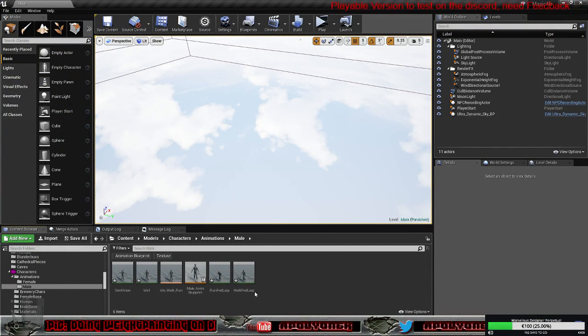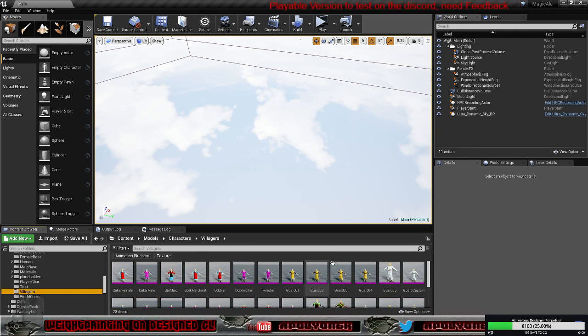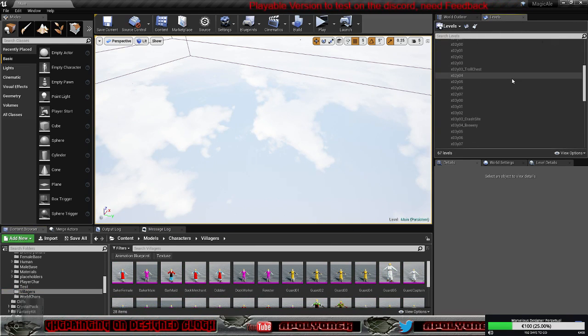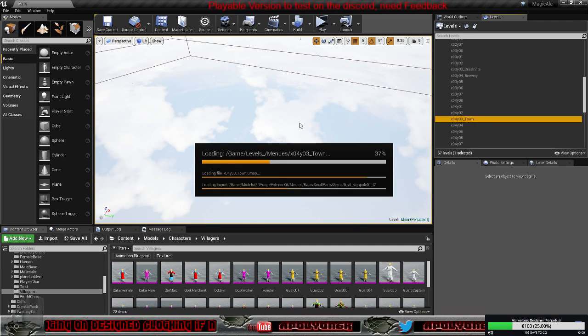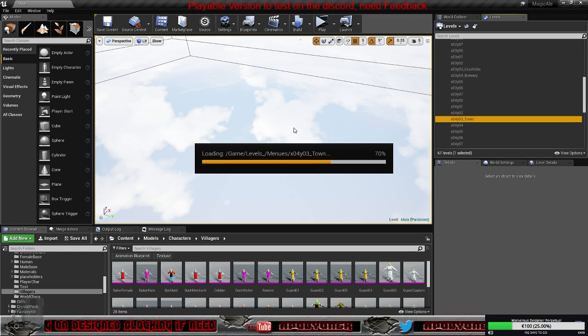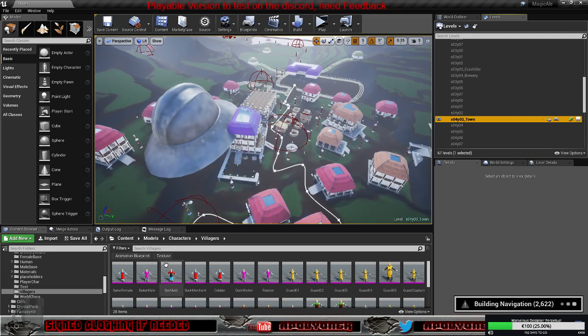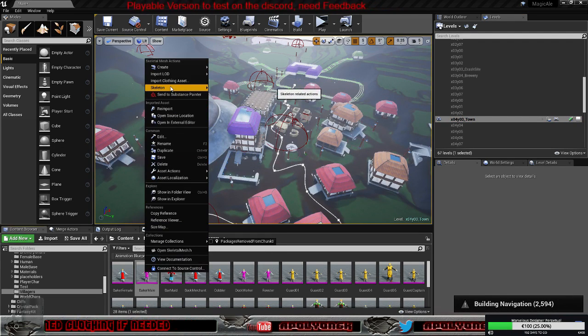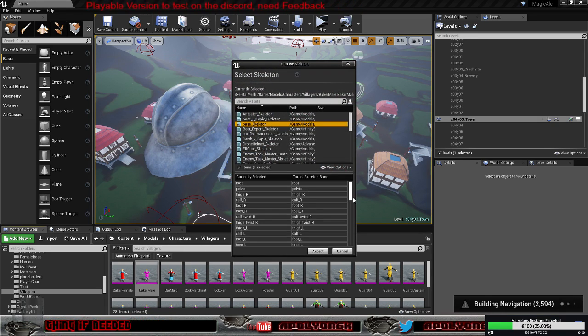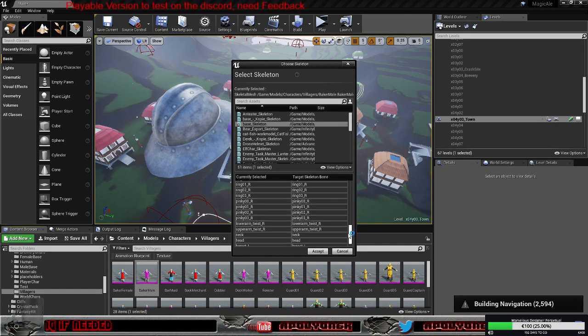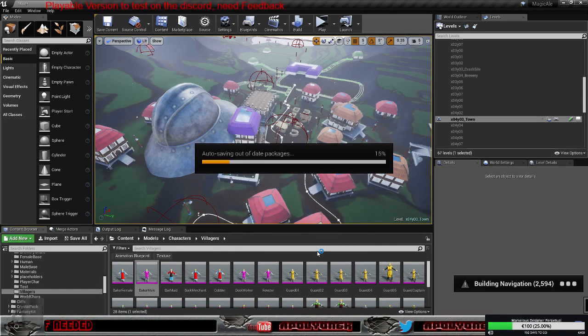So now I just need to assign the skeleton to my characters, and then maybe then we will be able to see them animate. Let's just take this one and assign a skeleton for him. Take the base skeleton. All this here looks good, except